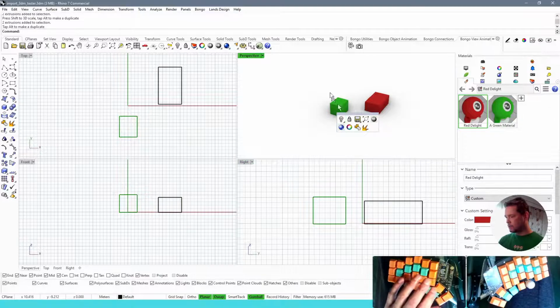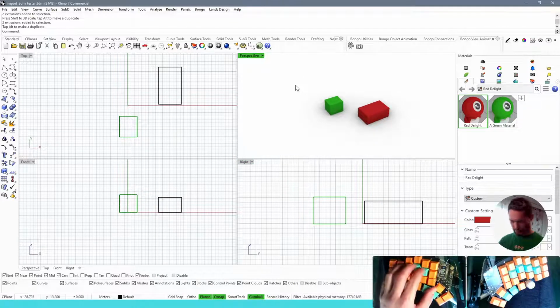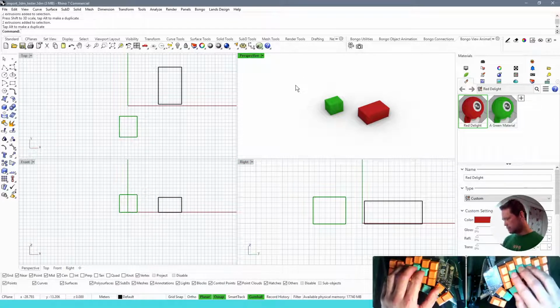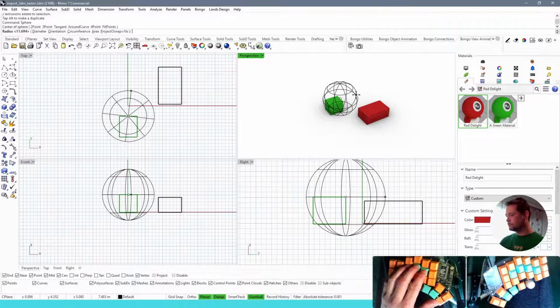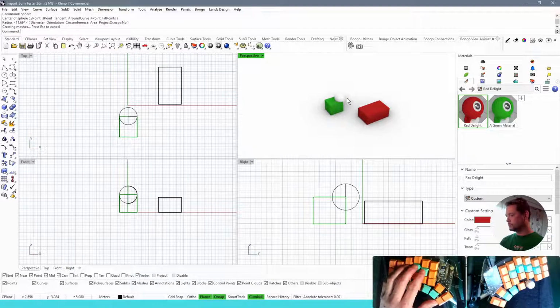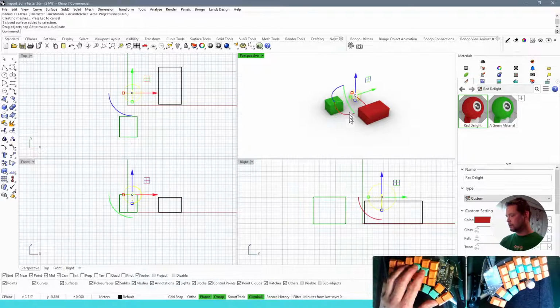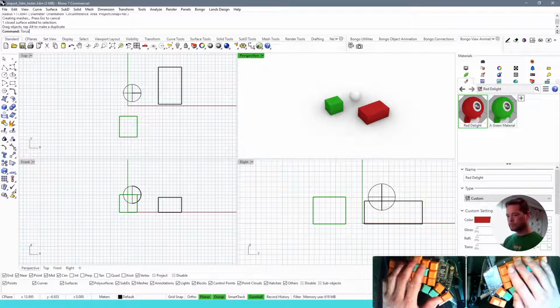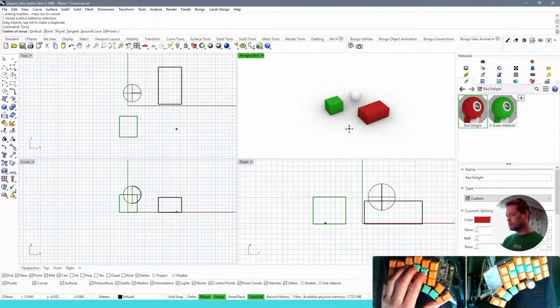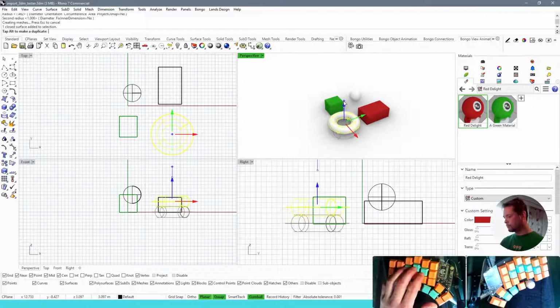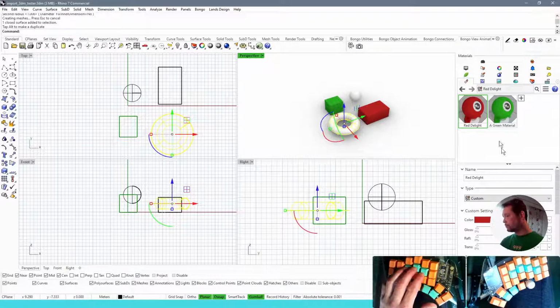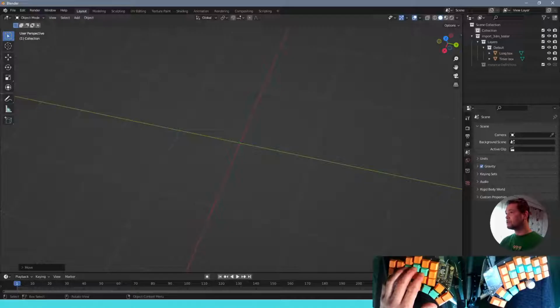And actually let's add to this one, let's be generous and add a sphere. And maybe a torus as well. So it should import all the files. So let's go back to Blender,